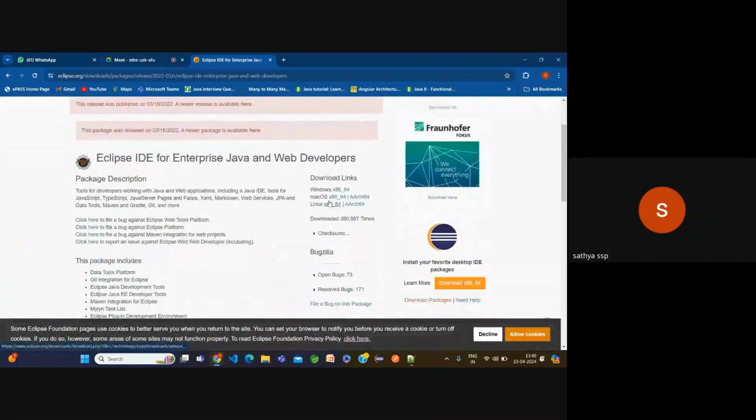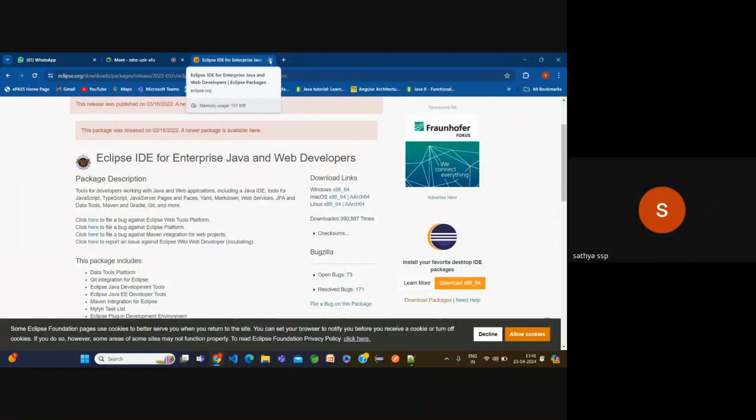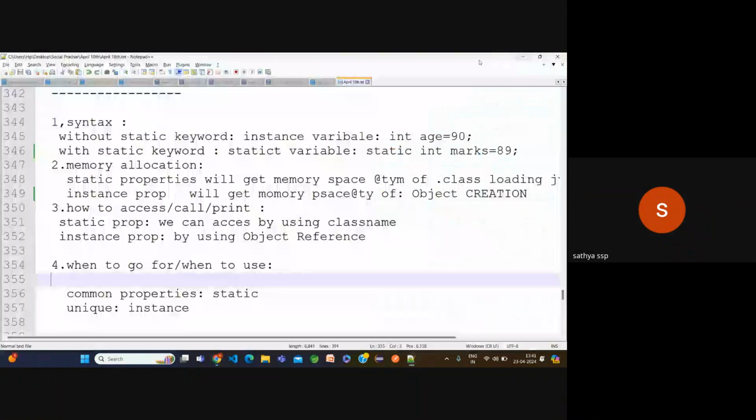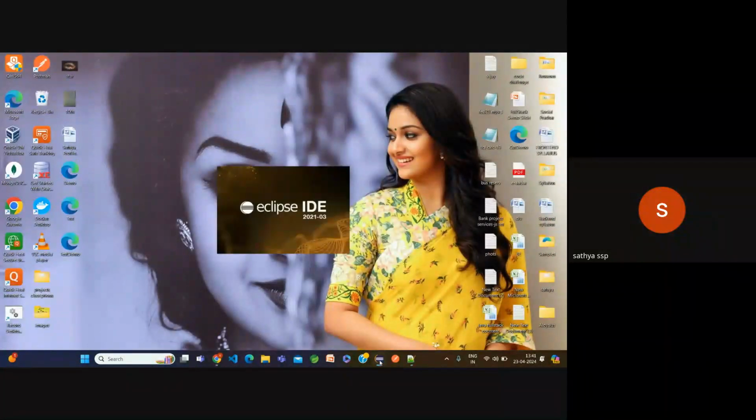Whether you are on Windows, Mac OS, or Linux, based on this, you can click on this and it will be downloaded automatically. Now for installation, the application will look like this. If I open this,